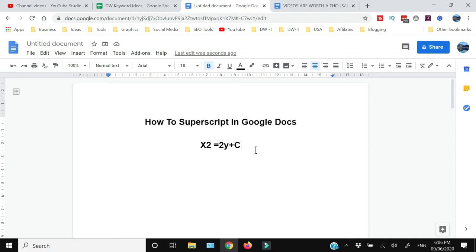As you can see, I have a mathematical equation here where x2 is equal to 2y plus c. Now this x2, I want to make this 2 a superscript because it is x raised to the power 2. In order to make this 2 a superscript, I need to select the digit 2, and then from the